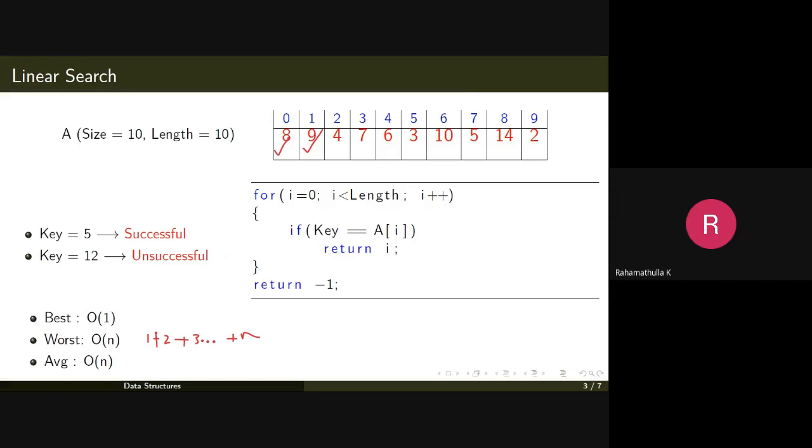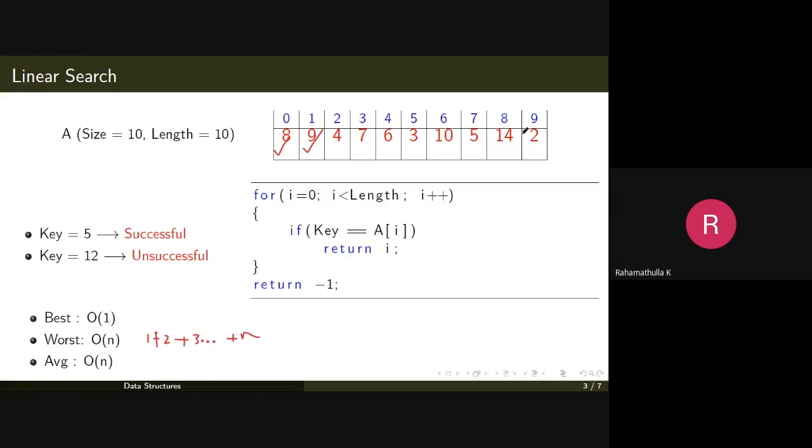The average case analysis is something where you will have to consider all the possible conditions: the best case, worst case, and all the intermediate conditions as well. Best case is this: it will take one comparison. If you're searching for the value 9, 2 comparisons are required. If you're searching for 4, 3 comparisons are required. If you're searching for 2, 10 comparisons.